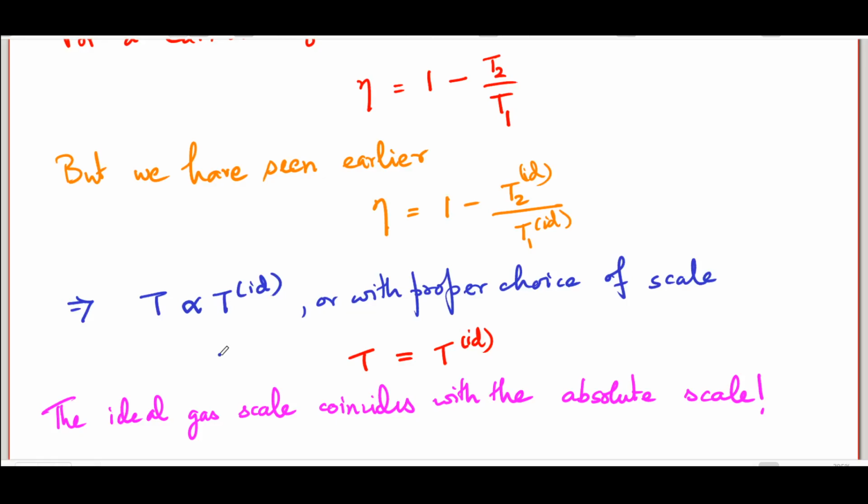Now that we have this temperature scale, we will find that there is a very, very special role which this T plays as an integrating factor for an inexact differential. This will ultimately lead us to the notion of a very important thermodynamic quantity, the so-called entropy. But before we go to entropy, we must go through something called Clausius inequality. That will be the topic of our next lecture.